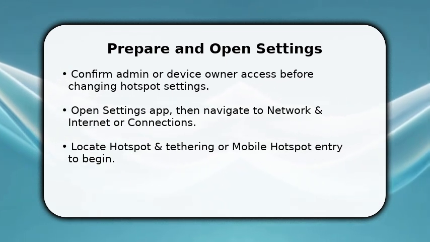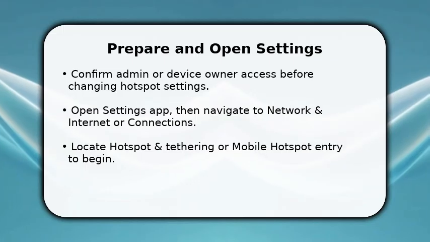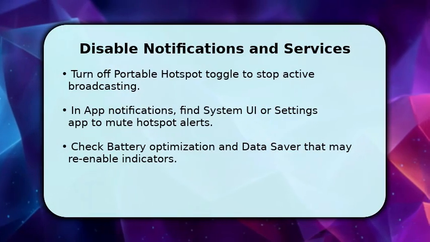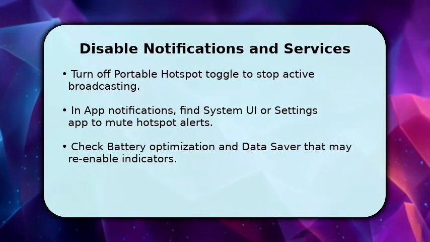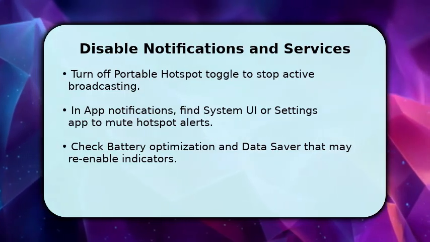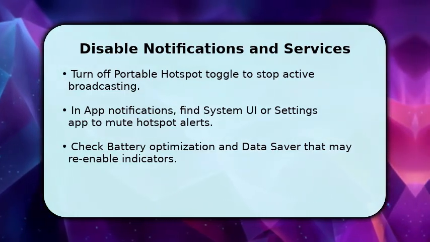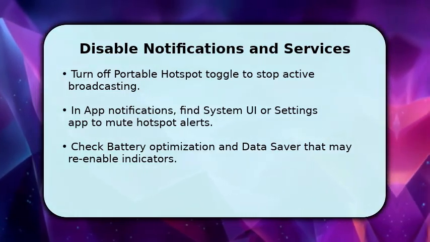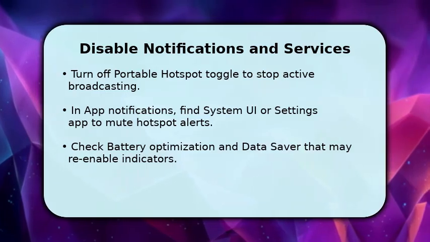Once in the hotspot panel, first toggle off the portable hotspot to stop broadcasting. That often removes the persistent notification. Next, open Apps and Notifications, find System UI or Settings, then Notifications, locate hotspot-related channels and turn them off or